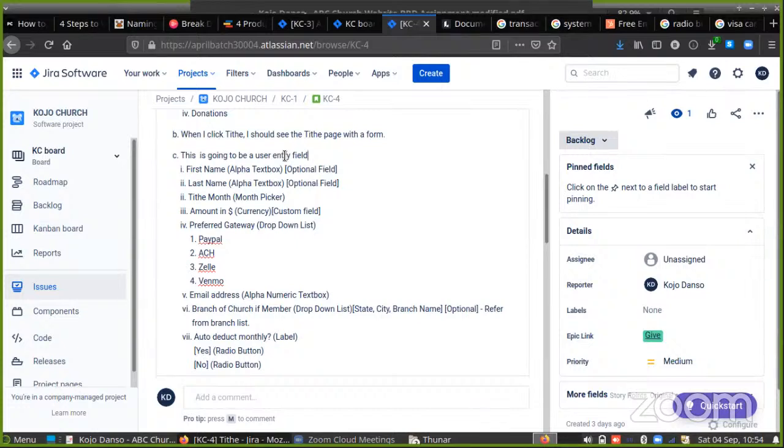Okay, and then it says first name. So it's going to be alphabet text box, optional field. Okay. I mean, he's the one saying it though. Maybe they mean as the first name here optional. Yeah, because it's tithing. I remember you said optional field though. First name, I remember you said it should be able to be typed optional. Okay. So first name, last name, type